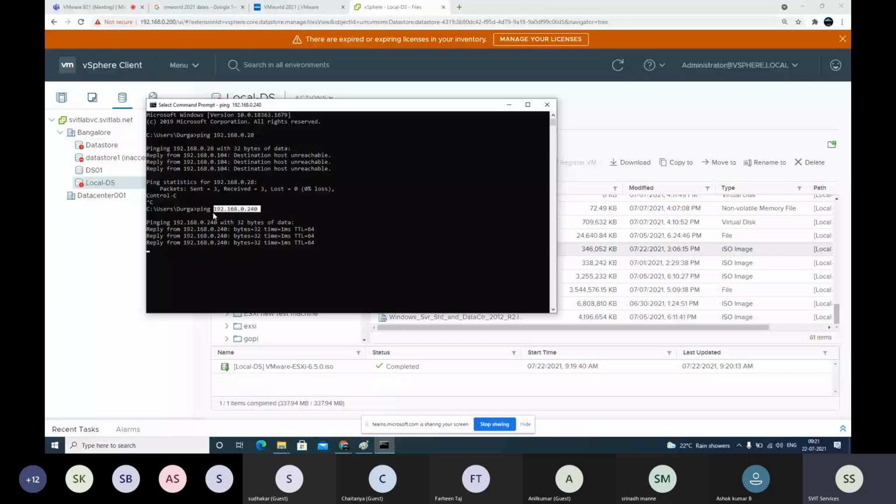In the lab machine, once you connect via TeamViewer, from the TeamViewer machine in the lab, open command prompt, type ping space any IP between 2 to 254. 192.168.0.2 to 254. You guess one number, randomly you think one number and ping. If it is replying with TTL value, it is already used. So don't take it. You use another number.